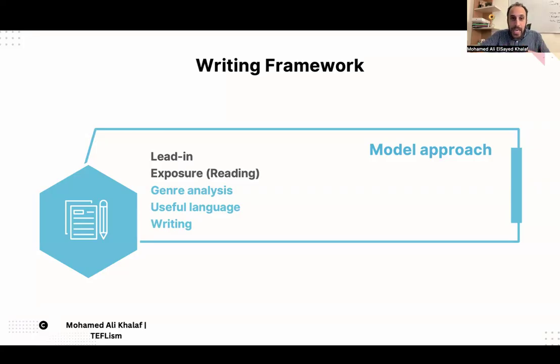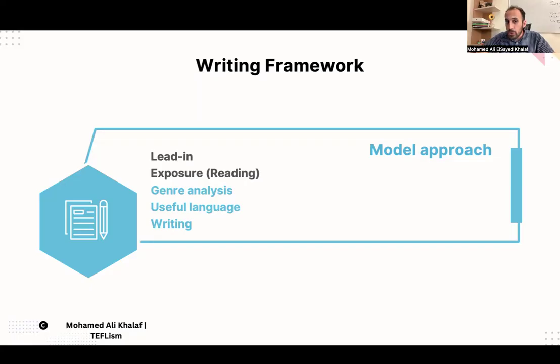And when it comes to the useful language in a writing lesson, you need to highlight or clarify the meaning or the use and the form. Maybe not the phonology, because they are not speaking, so they don't need the pronunciation that much. Then you move on to writing. You help them brainstorm the genre analysis with the useful language.